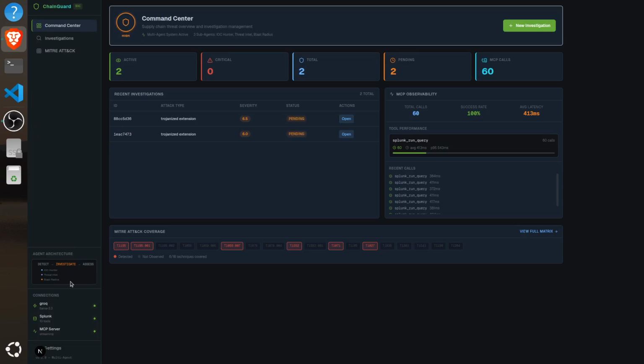Underneath, there are three parallel sub-agents: IOC Hunter, Threat Intel, and Blast Radius. Below that, the connection status confirms we are live: Grok LLM connected, Splunk Enterprise connected, and the MCP server streaming. The command center shows a real-time threat level, currently elevated because we have just completed an investigation into a Trojanized